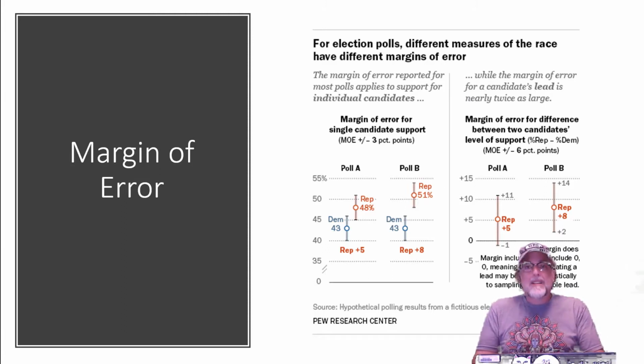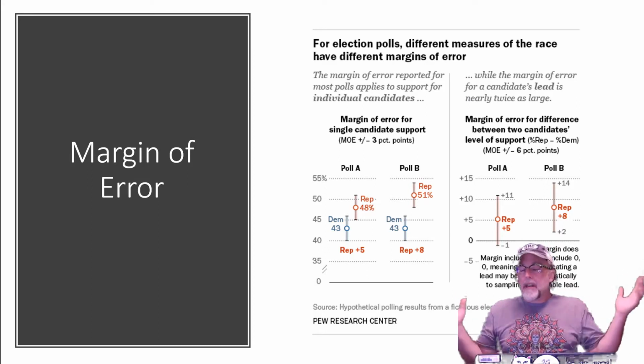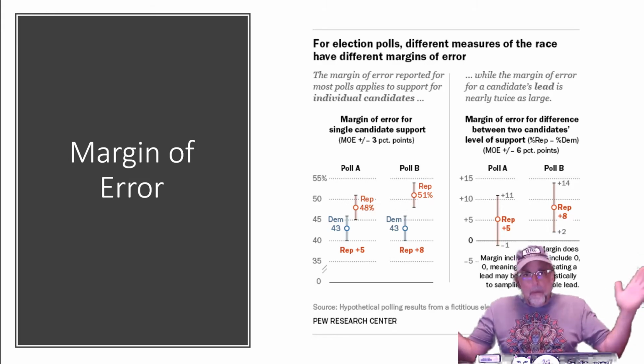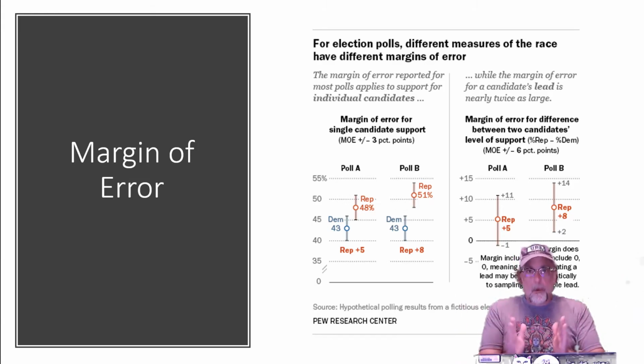The margin of error is based on how many people you ask. If you ask 10 people, your margin of error is going to be very large. If you ask 1,000 people, your margin of error is going to shrink. The more people you ask, the more accurate your measure is going to be. The problem is that the more people you ask, the more expensive your survey is going to be. So we have this trade-off between the cost of measurement and the accuracy of the measurement,